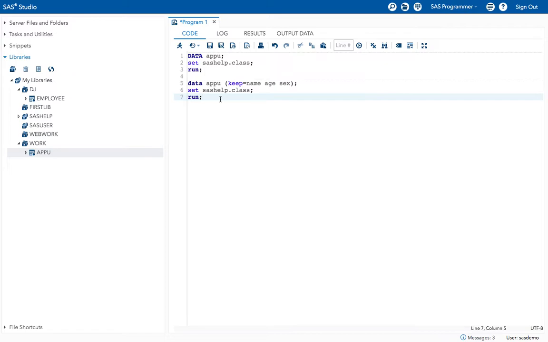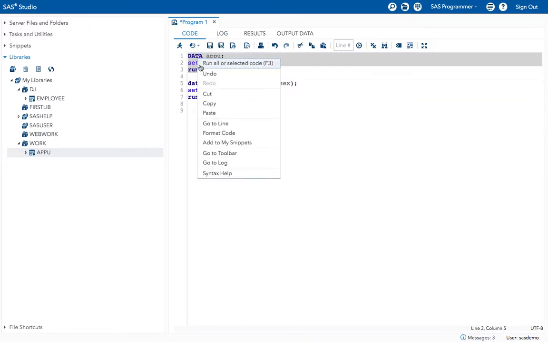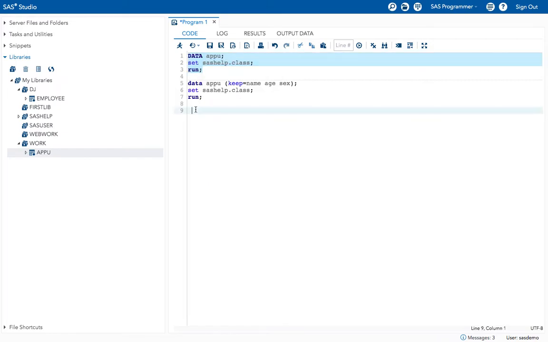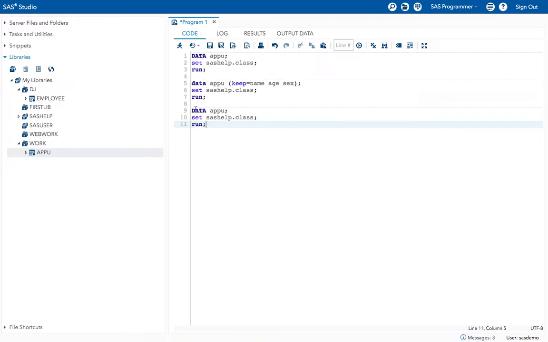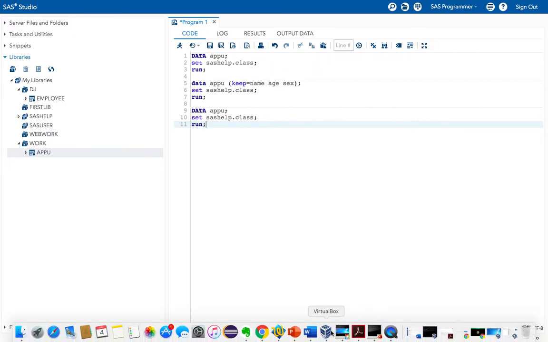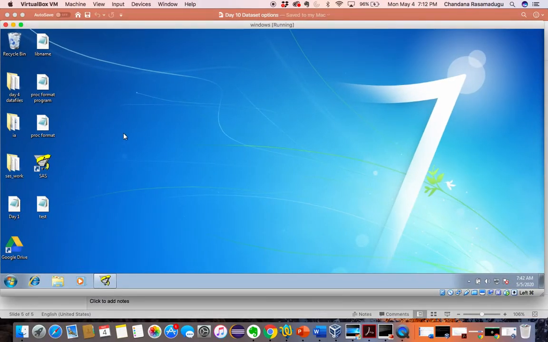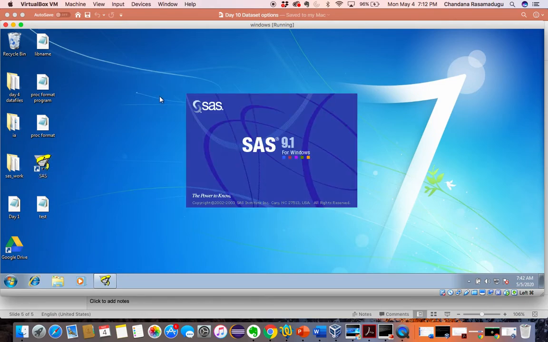Ma'am, if we write this kind of program in our shares, the previous shares, will it show the same way it is showing here? Yeah, of course. Okay, ma'am. You want to try it? Yes, ma'am. After you complete this, you can try it there. No problem. We can try it.